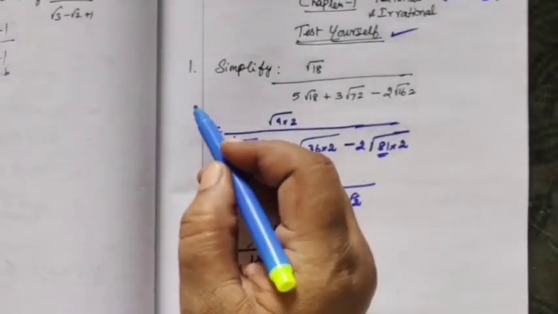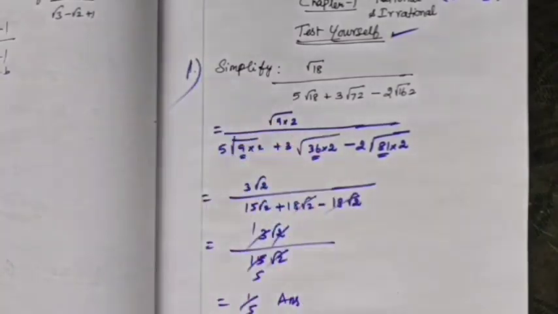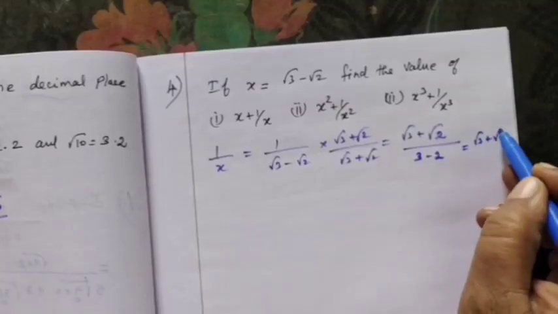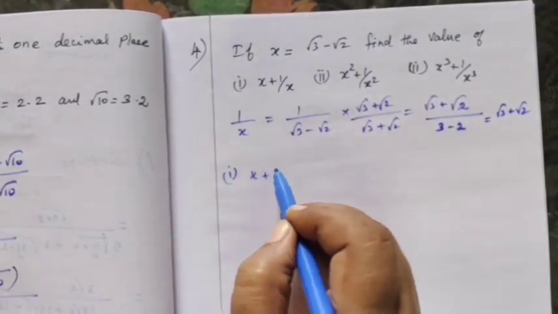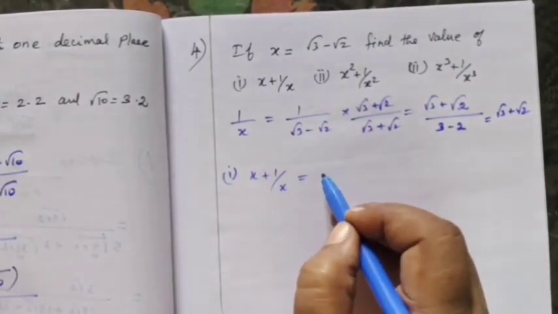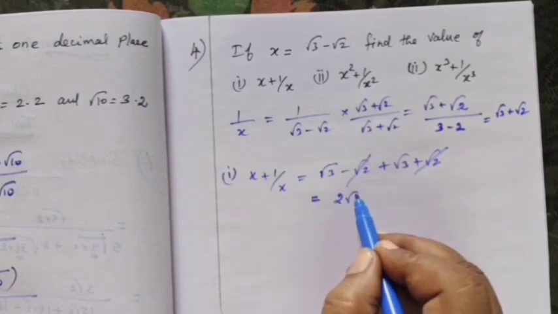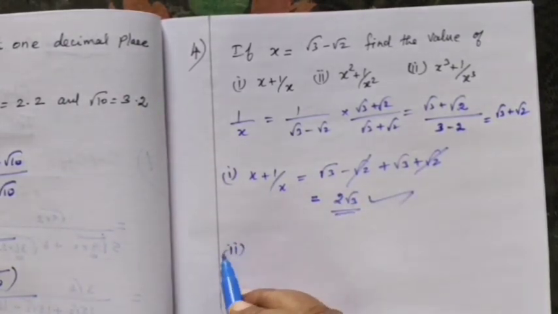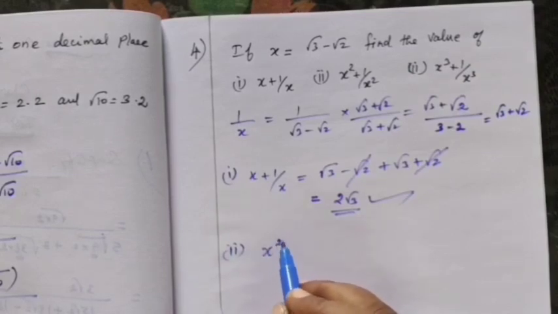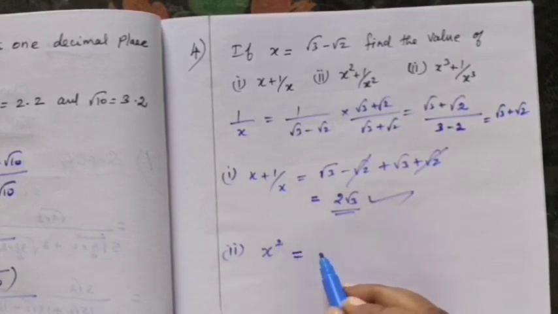So test yourself, we have done the first sum. So root 3 plus root 2. x plus 1 by x gives, so this is equal to 2 root 3. Now for the next part, x squared you find first. So x squared equal to